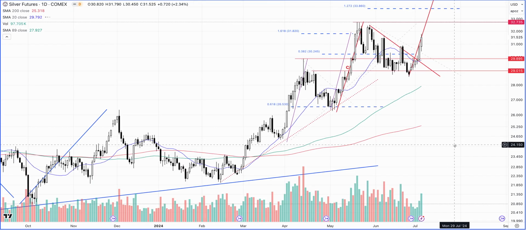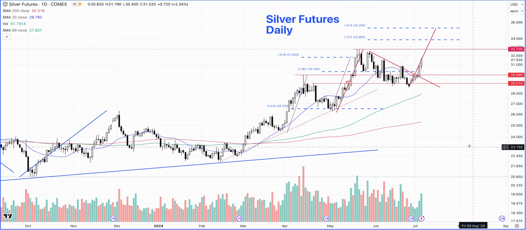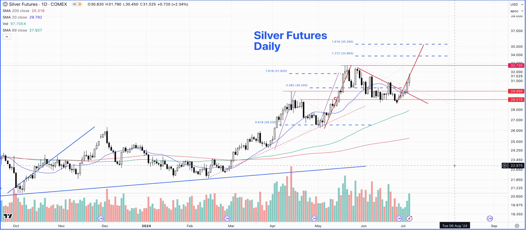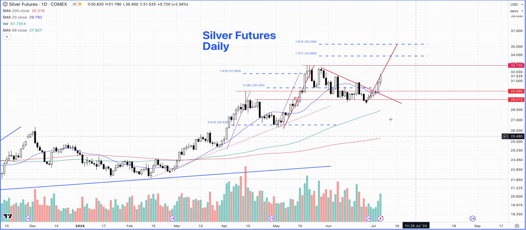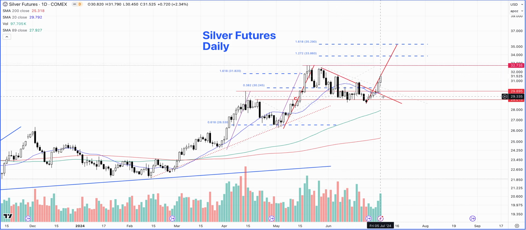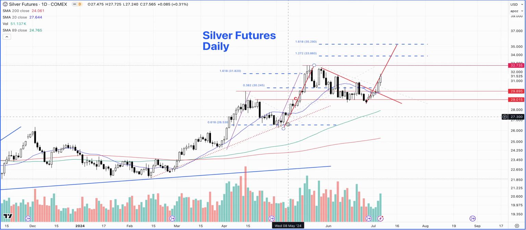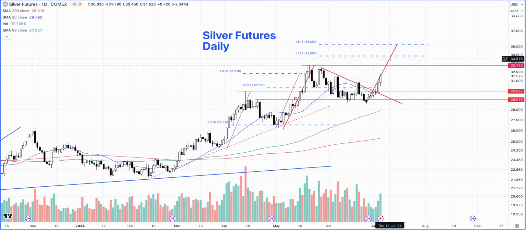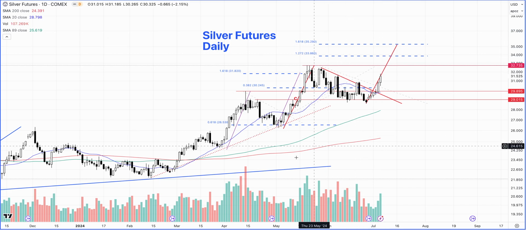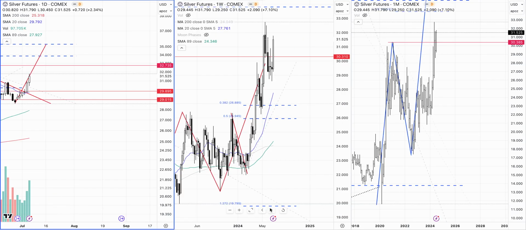This is the daily chart of COMEX silver. This is not spot silver, just like the gold. And here I just wanted to point out that you can see this downward trend line was forming a pennant formation or a triangle. Price just moved out of it really quickly. Secondary confirmation, in my opinion, is moving in this ABCD. I've not labeled it, 1-to-1 price projection in this red, and we could see 35.30 also for this market.